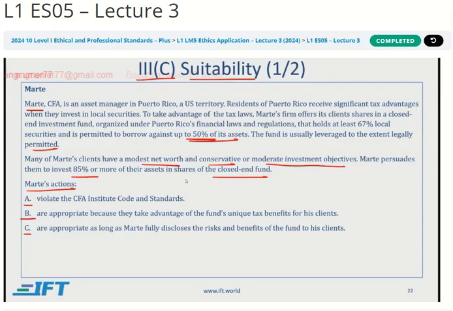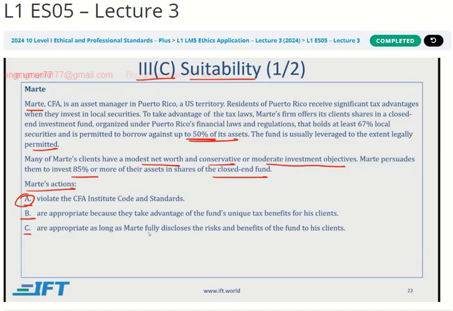And if Marty is convincing clients or trying to persuade clients to put 85% of their assets in this fund, then that is problematic. It is a violation of standard 3C suitability. Therefore, the best answer is A, which is that Marty's actions violate the CFA Institute Code and Standards.